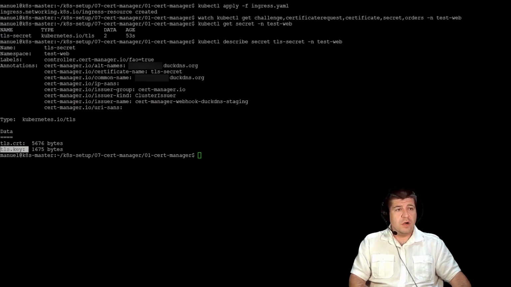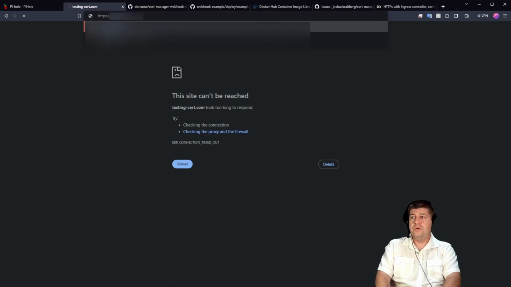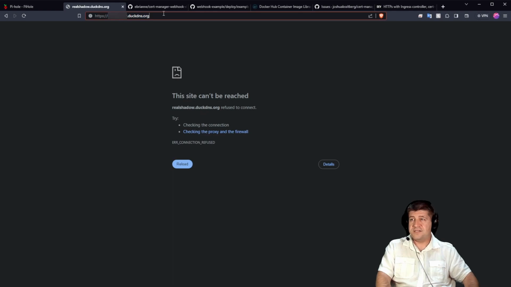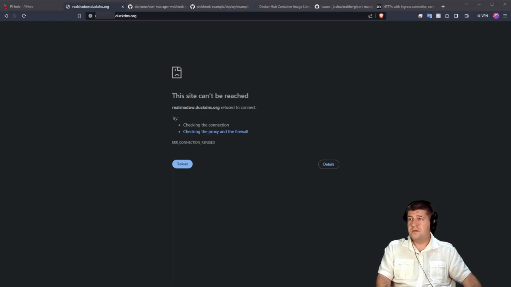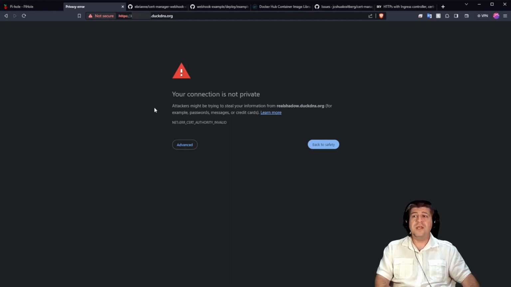If we switch back to our browser and take another look at our domain, we should be able to reach the web server that we set up in our Kubernetes cluster. Once we open up the website for which we just set up our ingress resource, we will get a not private warning. In this case, we want to accept that, and we're happy with it because what this tells us,